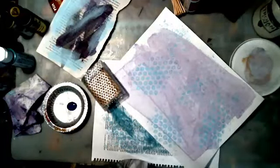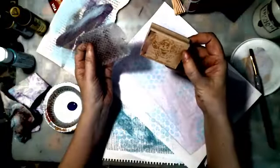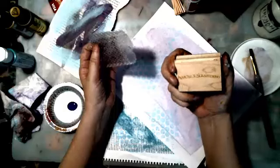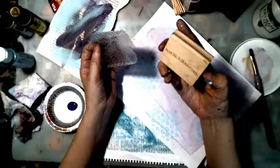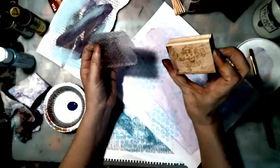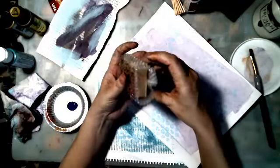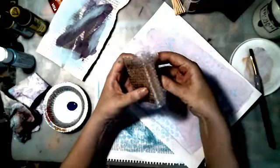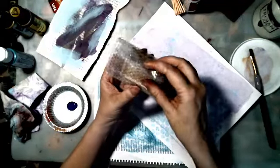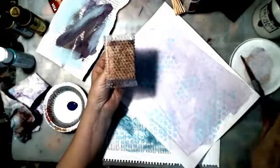I have it wrapped around, this is a stamp block, and I've had it for a long time. It never had a stamp on it. It was just a block. I think I got it at a stamp store. And for some reason they just gave me the block. I don't know. So I wrap it around this stamp block and kind of made and stapled it so I kind of had a handle here. And I'm going to paint